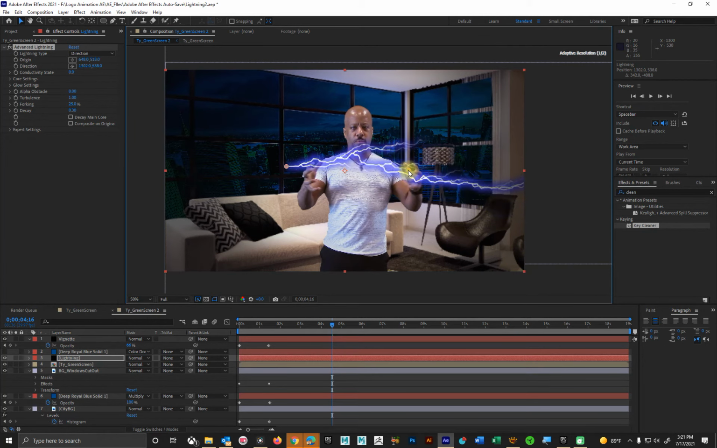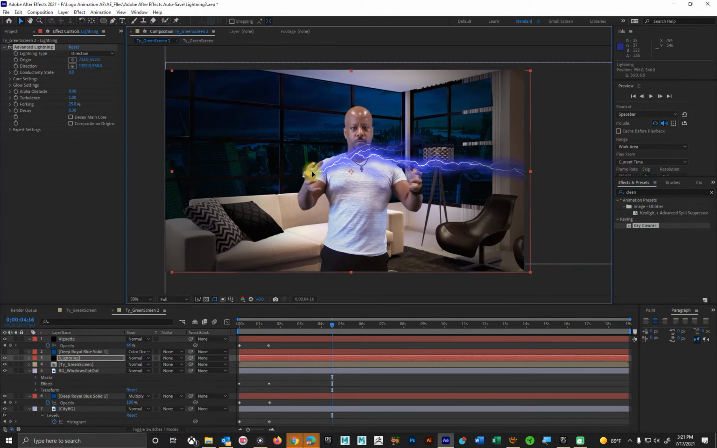I'm just going to move it roughly to the hands. But you'll notice it's kind of going off and branching off here. What I want is for it to be like this energy that's going between the hands. Let's make sure we grab just that little point. There we are. So where it says lightning type,